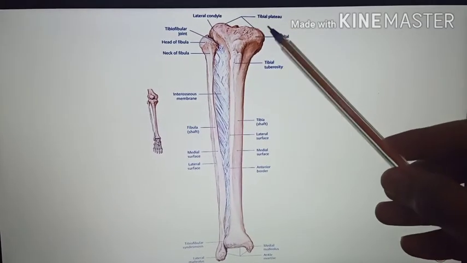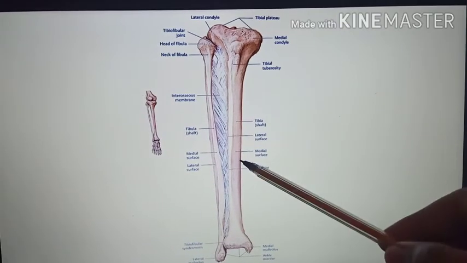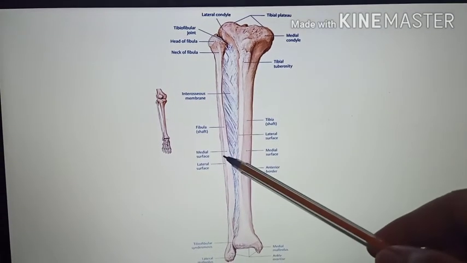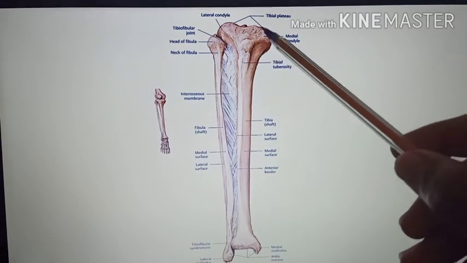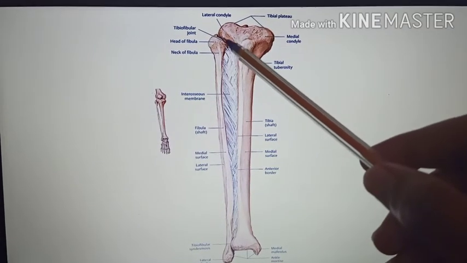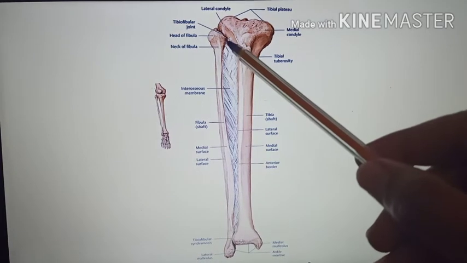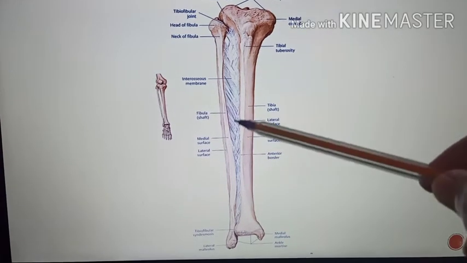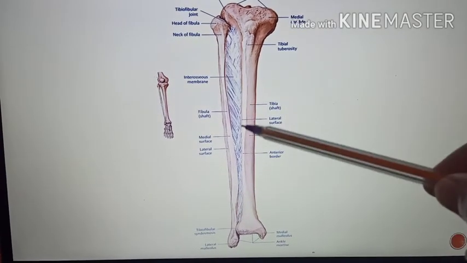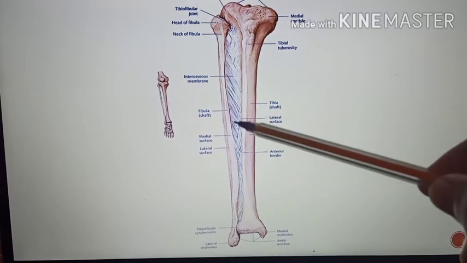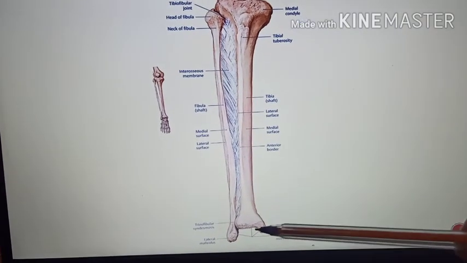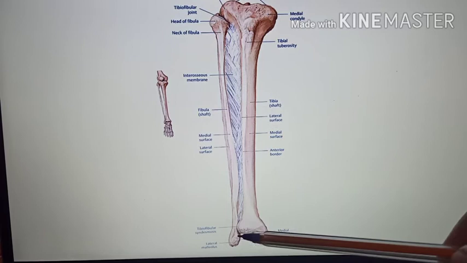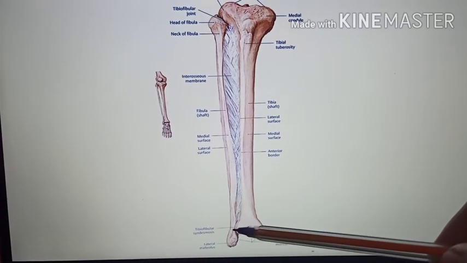If you see this picture, this is the tibia and this is the fibula. So tibia is in the medial side whereas fibula is in the lateral side. So this is the upper end of tibia, upper end of fibula. Here what joint is taking place, this is the superior tibiofibular joint. Then what you can see over here, this entire thing is called the middle tibiofibular joint, which is formed by this interosseous membrane. Then below, this is the lower end of tibia and lower end of fibula. So the joint which takes place here is called the inferior tibiofibular joint.